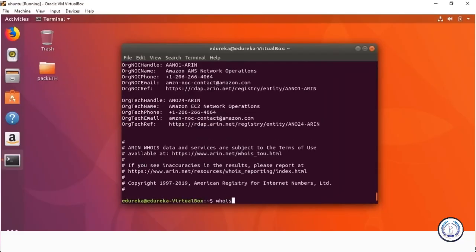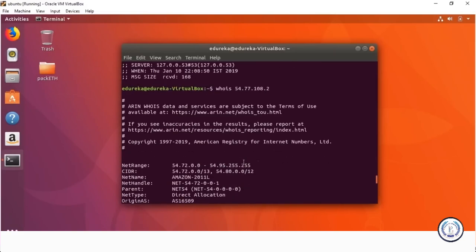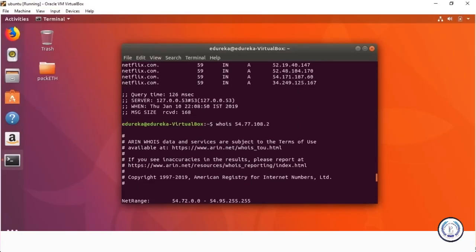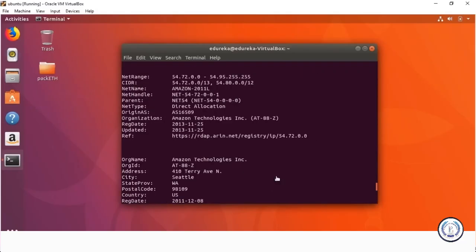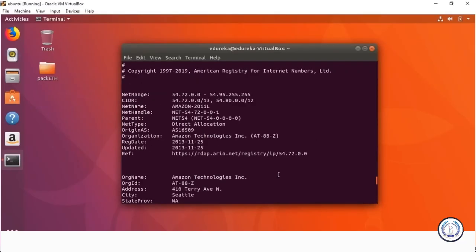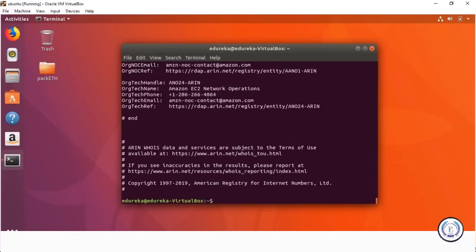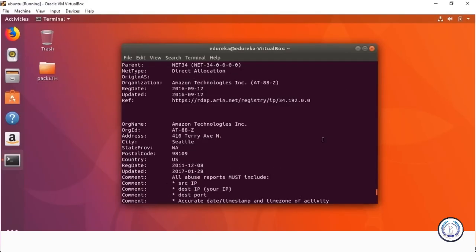So whois 34.249.125.167. You can also put in a random IP address. It doesn't really matter, and it'll give you the information. Even this seems to be an ARIN IP address, and it's also based in Seattle.